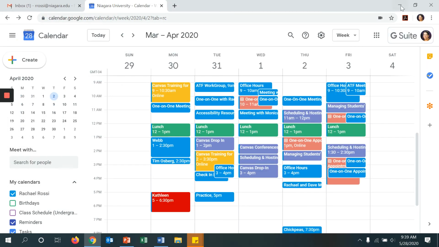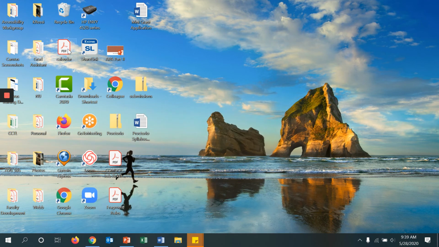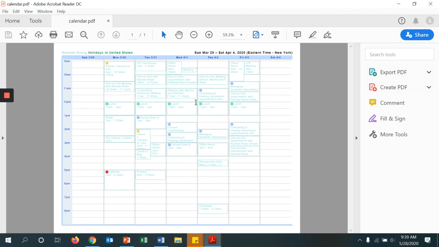I'll say save, and then if I come here onto my desktop, I have a PDF I can share with whoever I needed to. Of course, you could always accomplish this with a screenshot, but sometimes PDFs read a little bit